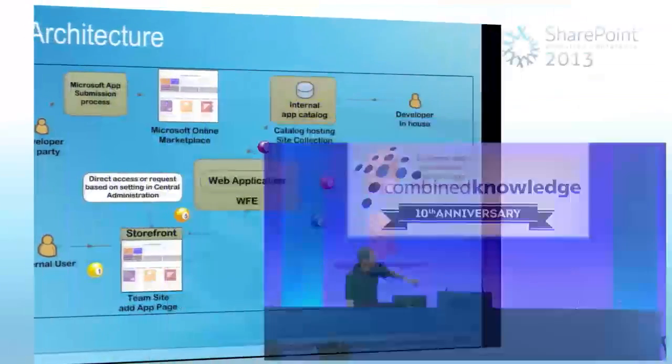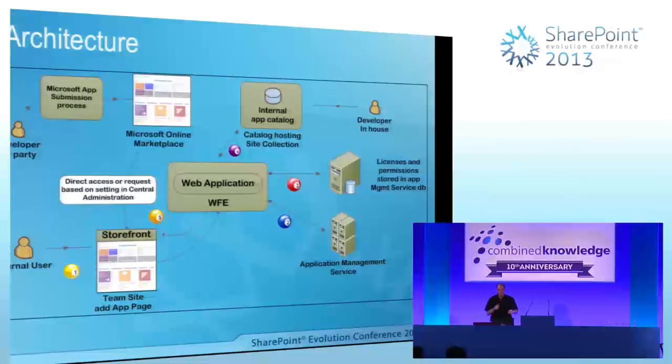So when we were talking about this user on the left, that's the user there. They've gone into their team site and they've got that storefront page presented to them. Now, depending on what they choose to go for, if they try to go to the internet, it's going to come straight down from the online marketplace. There's no need for them to go through the app management service once they've got the rights to see it. But if the user's looking for apps that are internal, ones that we've developed and deployed and made available,